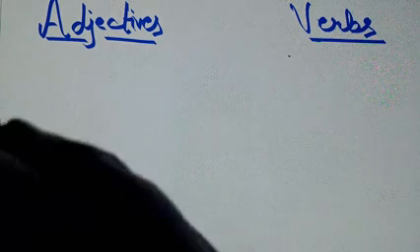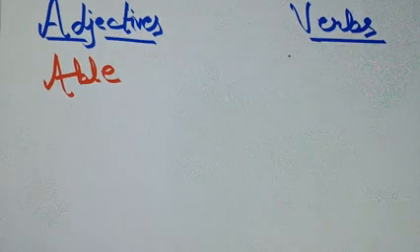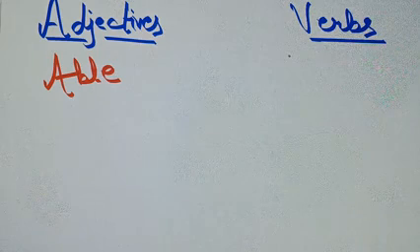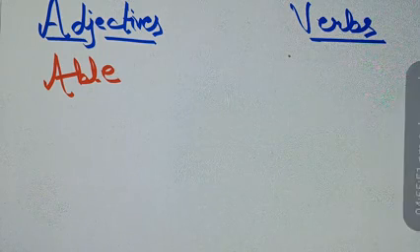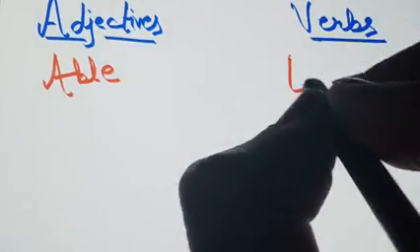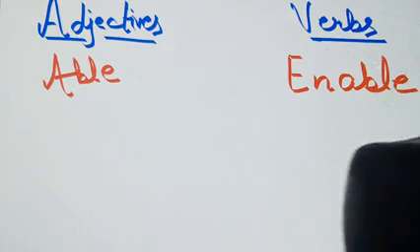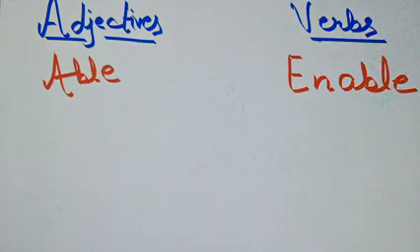So starting the examples from here, the first one is able. It's an adjective because this is the word we use to describe persons sometimes and many things. If we go with its verb form, it will be enable. Next one is